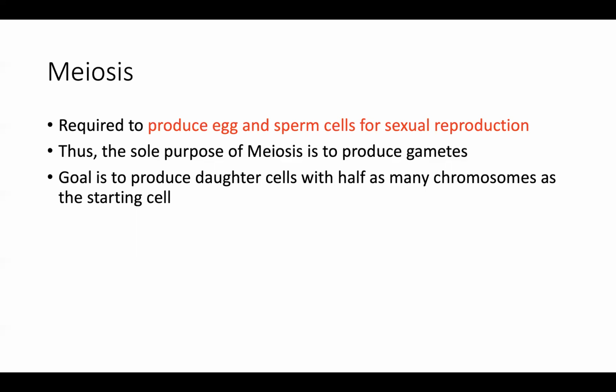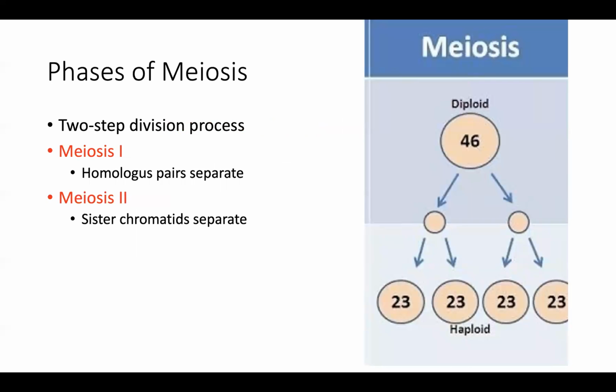All right. So let's look at what's going on in meiosis, right? It's a 2-step division process. Meiosis I, Meiosis II, all right? In Meiosis I, we get those homologous pairs to separate. In Meiosis II, we see these sister chromatids now separate. We're going to end up again with these 4 haploid daughter cells with 23 sister chromatids ready for reproduction.